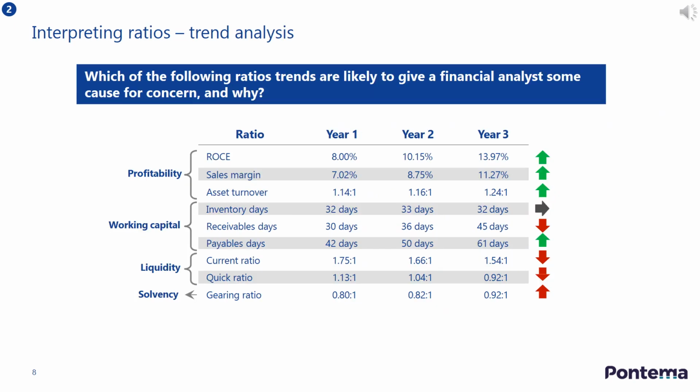Now, let's look at how to interpret the different types of ratio and identify where action needs to be taken. Ratio analysis is a starting point for any in-depth evaluation of an organization's financial performance. For an analysis to be meaningful, it should be based on 3 to 5 financial periods, so that the key trends can be identified. This way, you can identify where there might be cause for concern or a need for